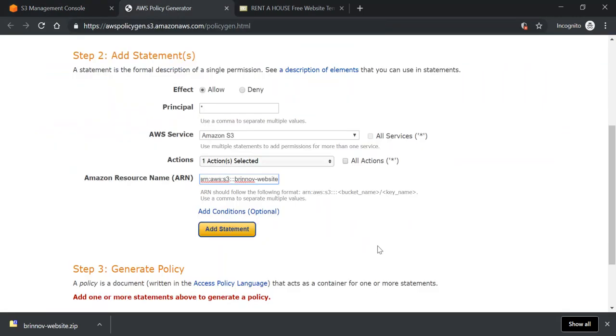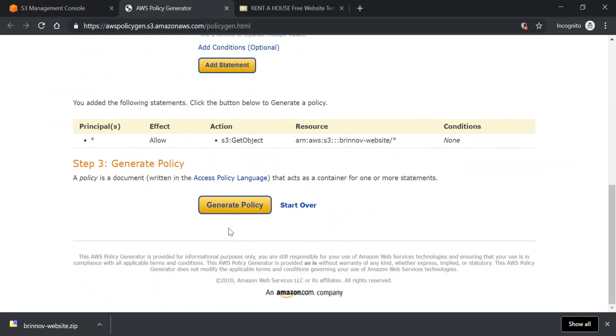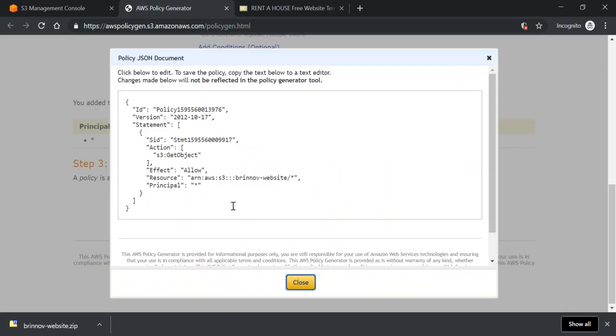Just give this ARN, and to access all the files or contents inside this S3 bucket, put slash and asterisk. Now you can generate your policy. So my S3 bucket policy has been created. It provides access to all for read-only access.